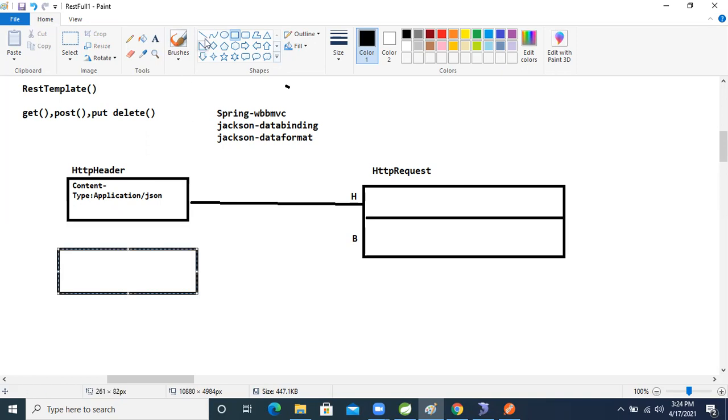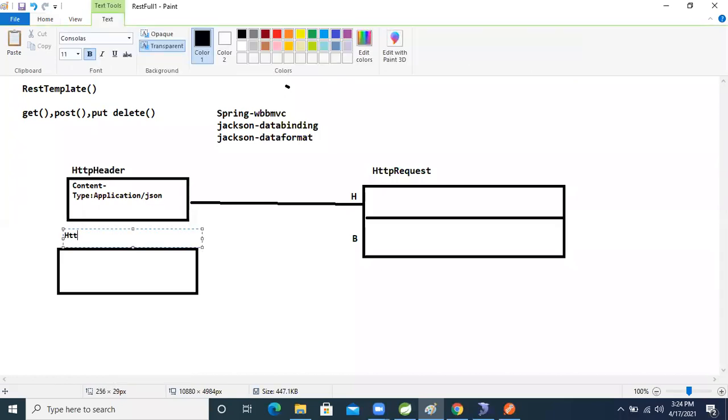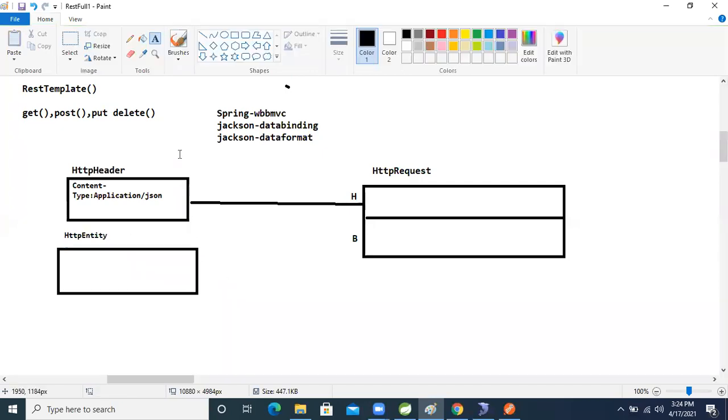The body part is called, in the client, the HTTP entity. Inside that HTTP entity, what will we do now, guys?